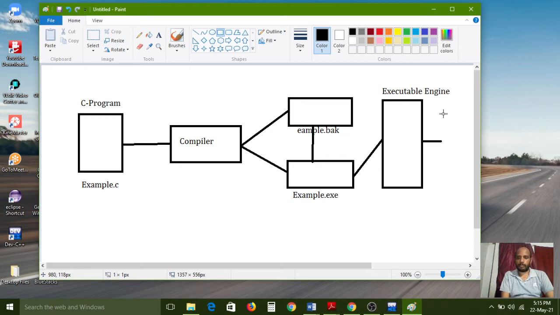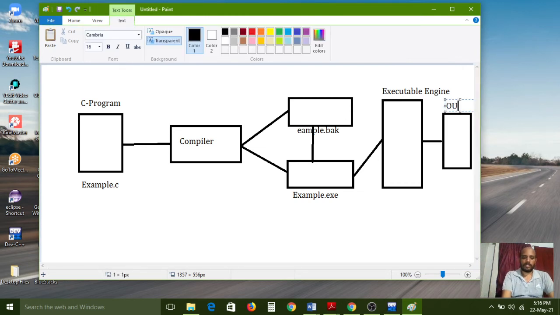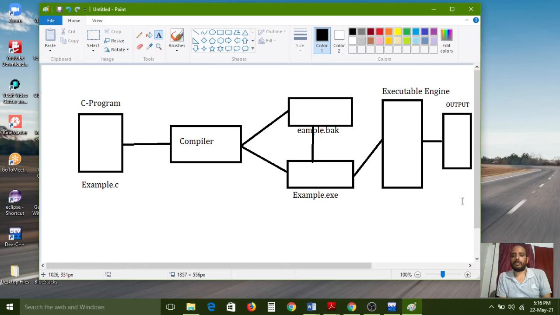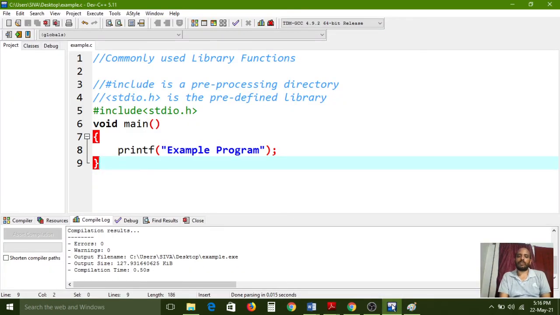So we will get the output, and this is called output. Understand? Like this, in this process we have to do. So this process is going on behind it.